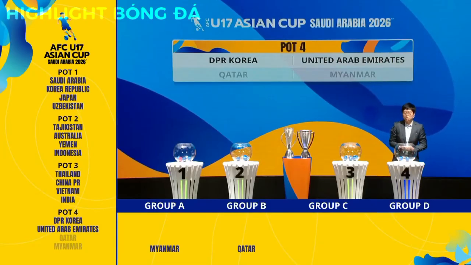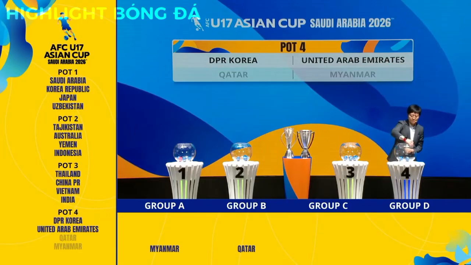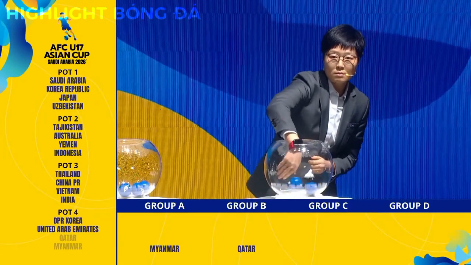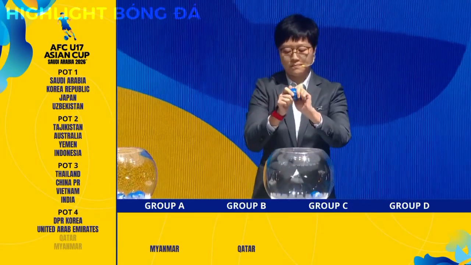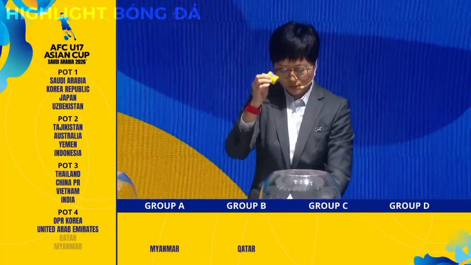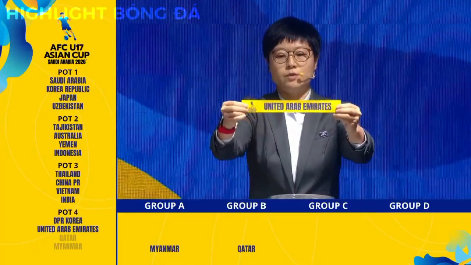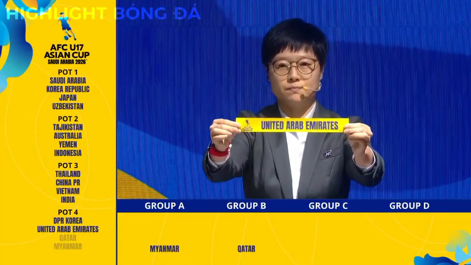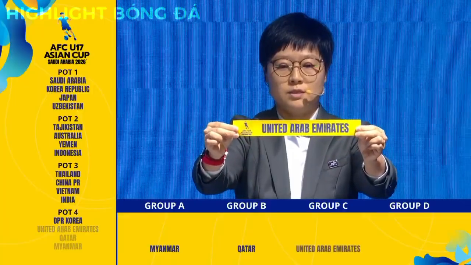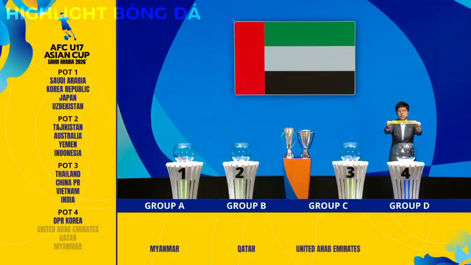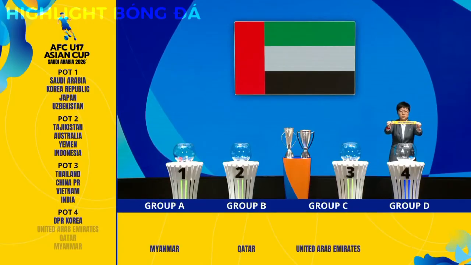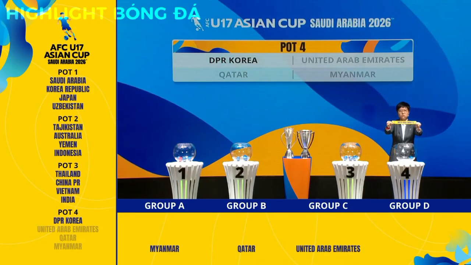And next team, we will draw the position 4 in Group C. For C4, we have United Arab Emirates. This is second consecutive time for UAE to qualify to the final stage, in total 9 times in the finals. And the last edition, they finished as one of the quarterfinalists, and the best result was dated back in 1990 as the runner-up in that competition.